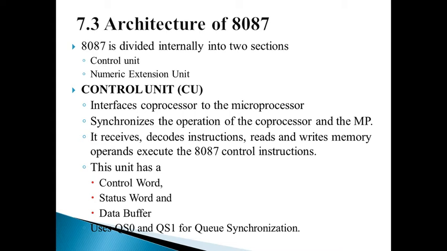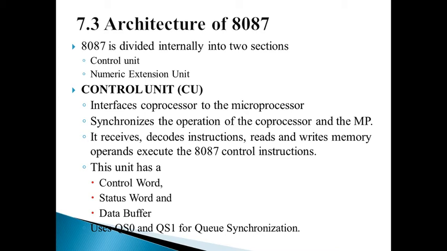The 8087 control unit internally maintains a parallel queue identical to the status queue of the main CPU. Consider 8086 as the main CPU, then the control unit automatically monitors the BHE bar and S7 line to detect the CPU type and adjusts the queue length accordingly. For the 8086 we are having a queue length of 6 bytes, and if we consider 8088, we are having a queue length of only 4 bytes. So on that basis, the control unit monitors the BHE bar. The unit has a control word, status word and data buffer.